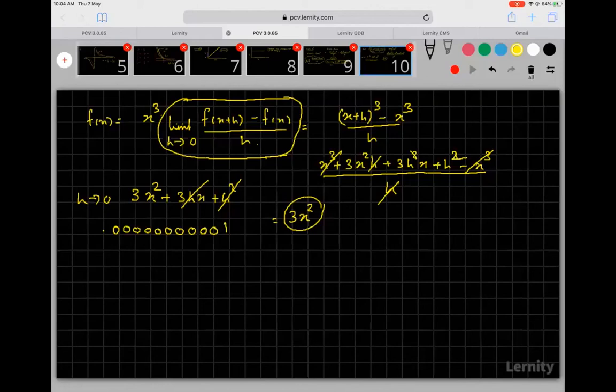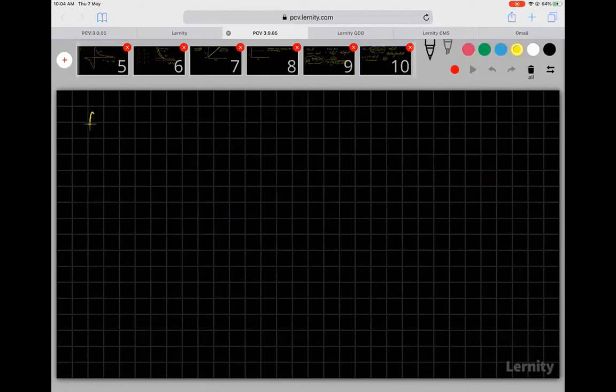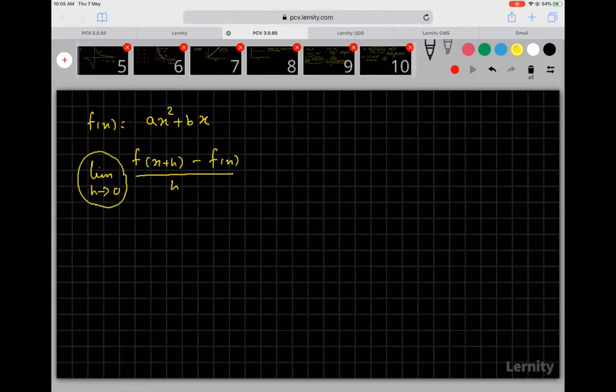So this also you have understood. If you have not understood it, I'll do one more question for you. Suppose I have f of x is equal to ax square plus bx. Now I am asking you to find out f of x plus h minus f of x by h, limit h tending to 0. So don't worry about what this notation means. All that they are saying is h is a very, very small number. How small a number? As small as you can imagine.